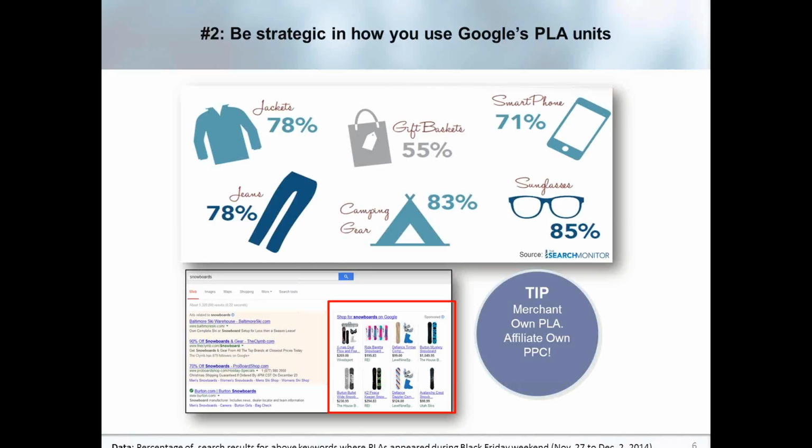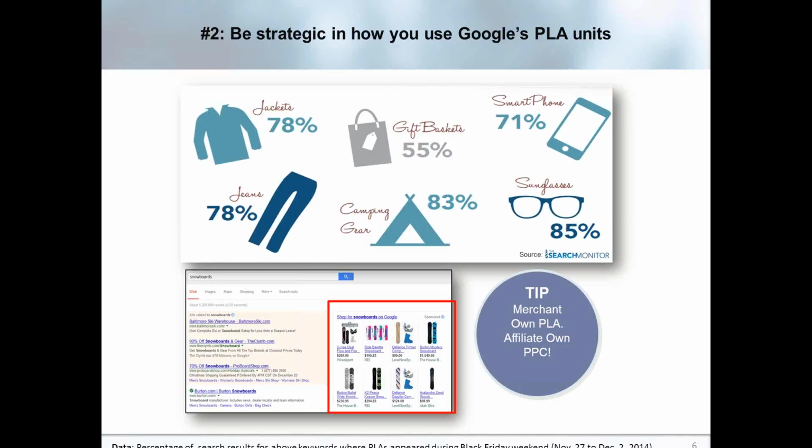And then the big tip on the page, which goes along with the philosophy of owning all of the real estate on a search result page, including the paid ads, the product listing ads, and the organic, is working really tightly with your affiliates, or if you are an affiliate, working tightly with your merchant partners so that you can share the page together and get more ad space. In the paid search side, there's only going to be one of you showing it once. You can only show your website once in the listing. So if there's 10